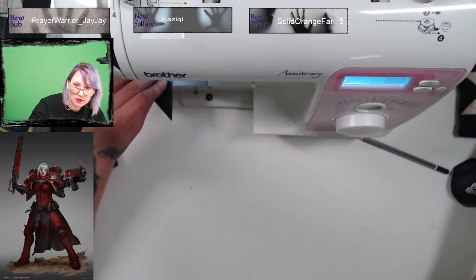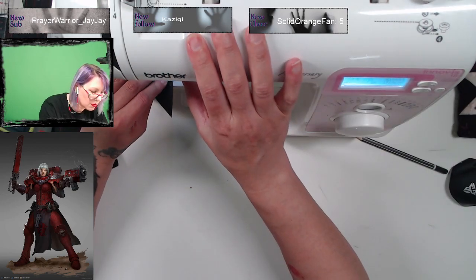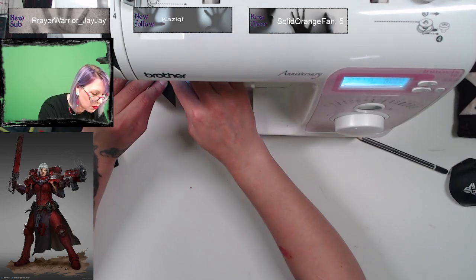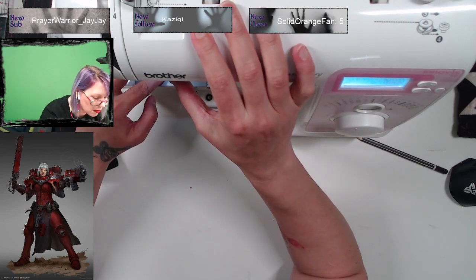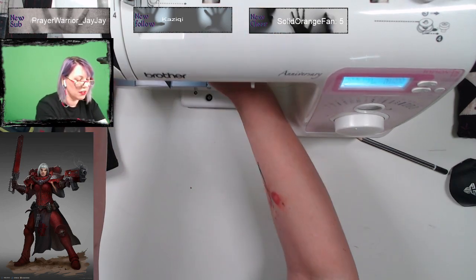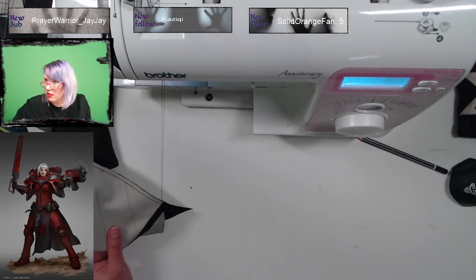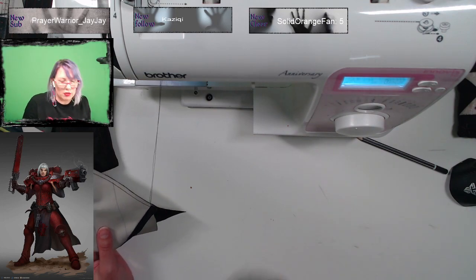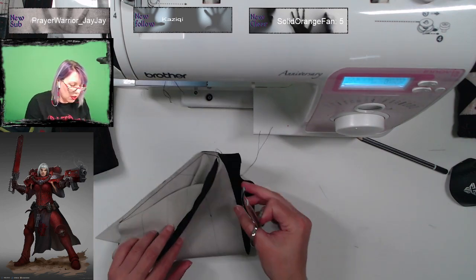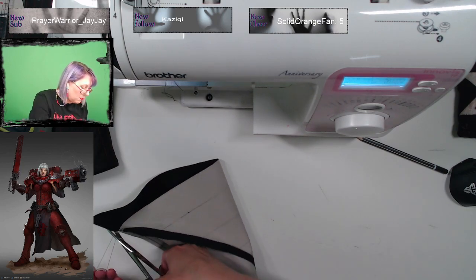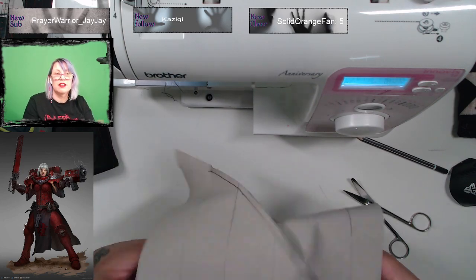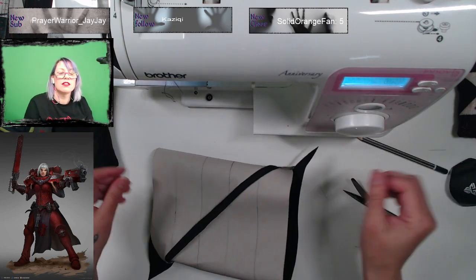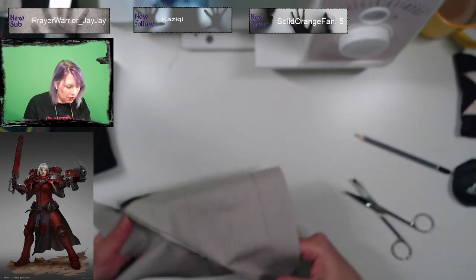So, right, so now, where's my scissors? Where they're supposed to be. Alright, so, you got a tube. Now, let's iron this little bit.